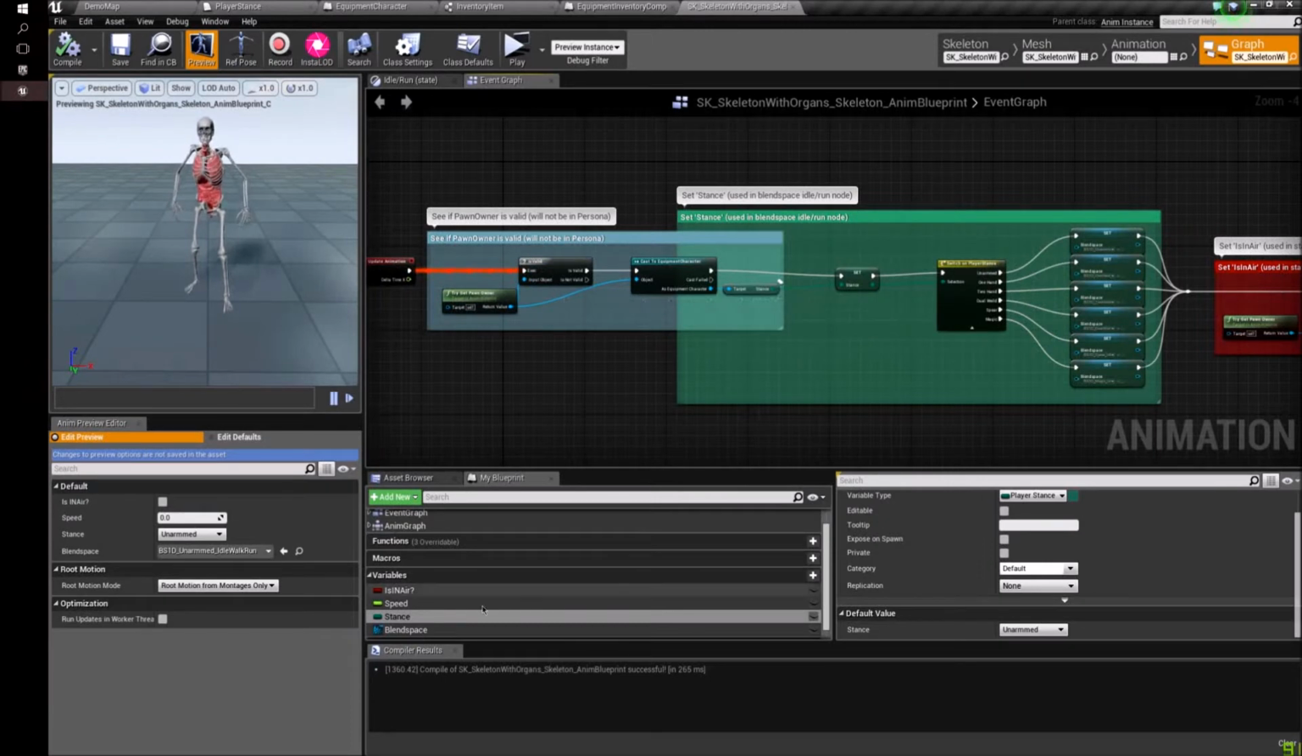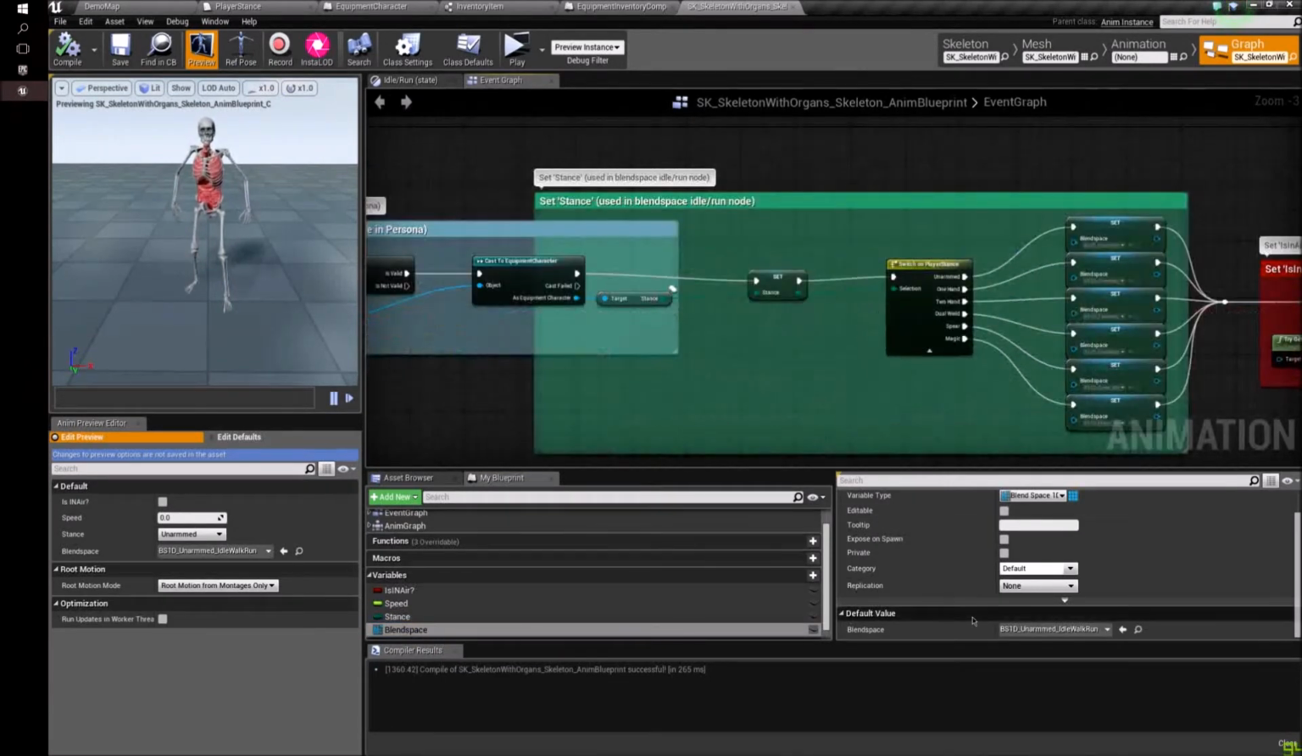You'll go through this and you'll see a stance variable and a blend space variable. We're going to create a blend space variable, and make sure that it's the same type as what you've created. So if you created 2D blend spaces, make sure you make a 2D blend space variable, set it to the default value of when you do not have an item in your inventory,